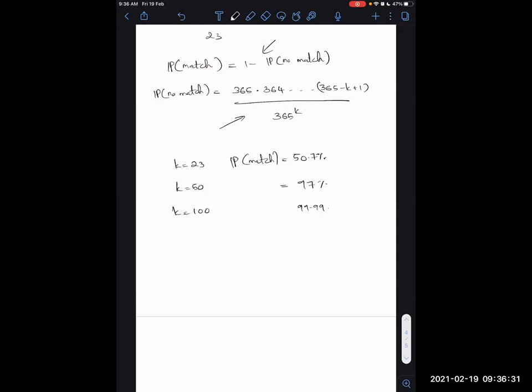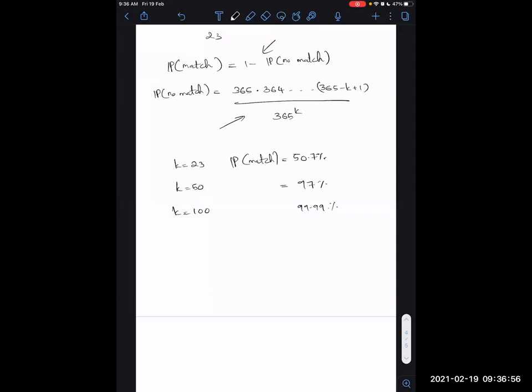So there are 365 days, and even assuming that every single day is equally possible, which is not actually the case, since there are seasonal effects for birthdays, we are seeing that with just 100 people, we have a 99.99% chance that some two have the same birthday.